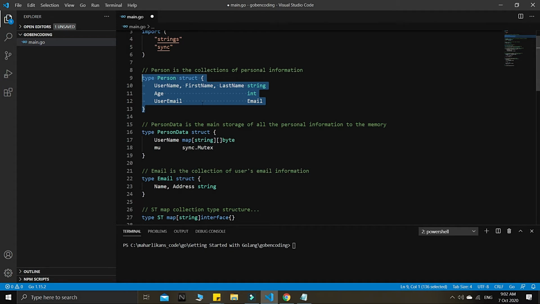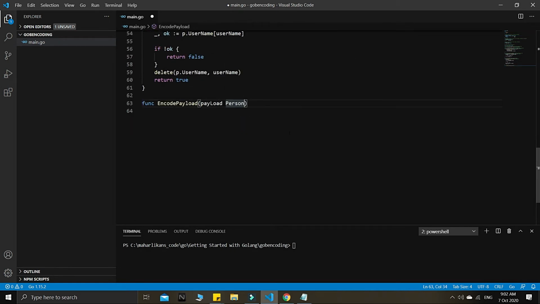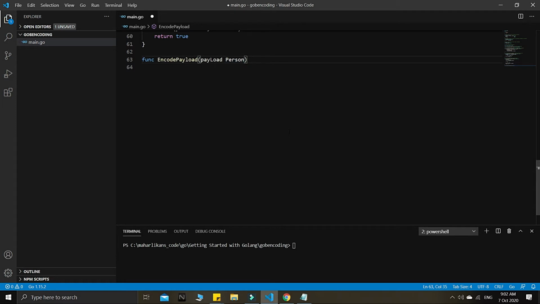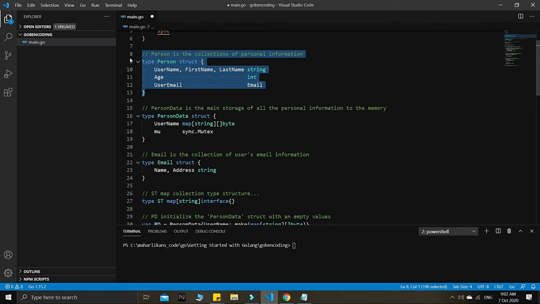I want to encode this into gob encoding so that later we can extract. Okay guys, so person, and then we use the person, and then I need a byte here because our map requires a byte. So you remember here in our person data, our value, this is our key from the map. Our key here is the username itself. Here is a byte, the exact byte of this, because we need to compress this or encode this into gob